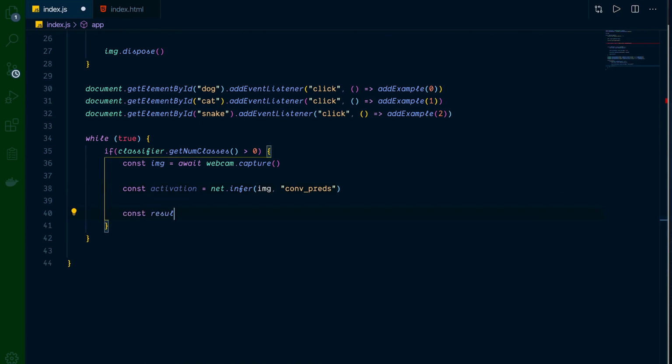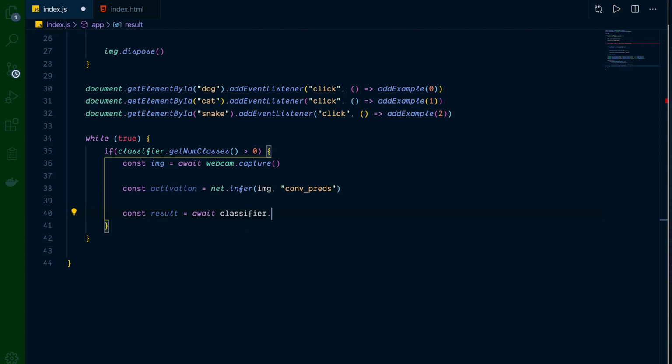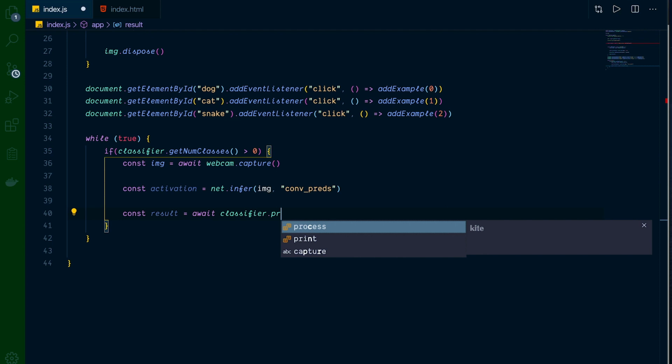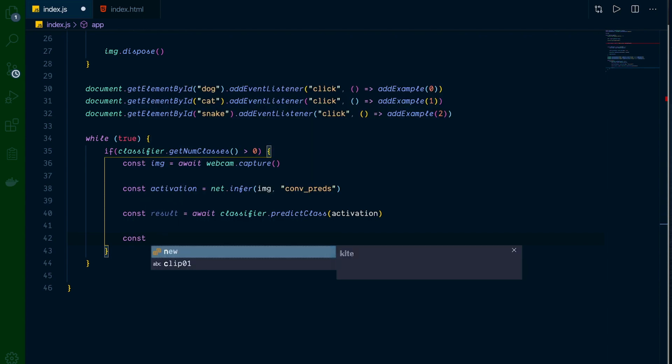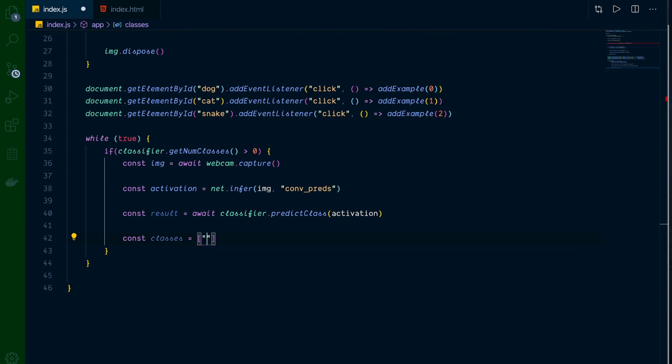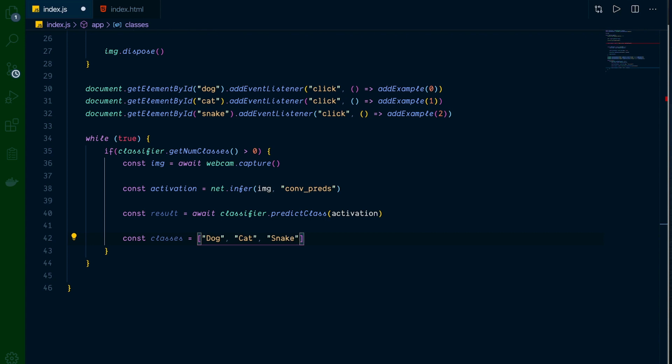We're going to go const result, and that is equal to await classifier.predictClass, and we're going to pass in the activation. Okay, great. Come down below that, const classes, and that's equal to, now the different classes we have, the first one's going to be dog, second one is going to be cat, and the last one is going to be snake. Cool. Different classes, and then we're gonna go